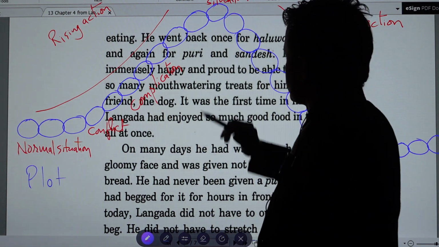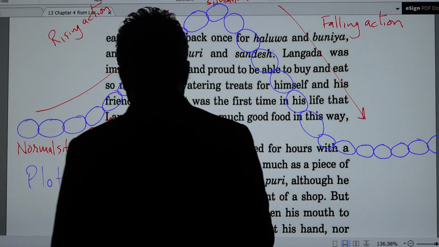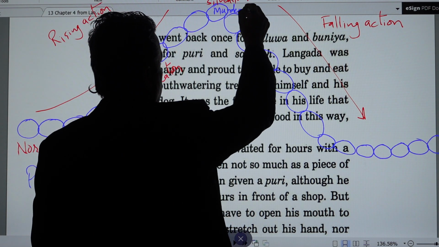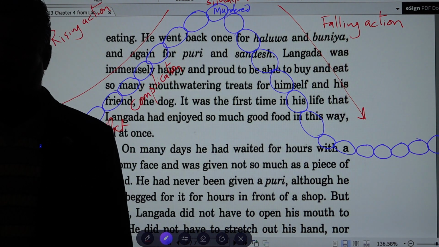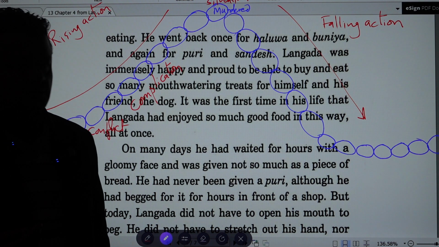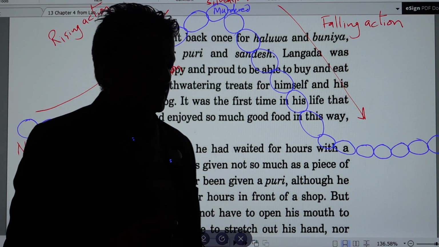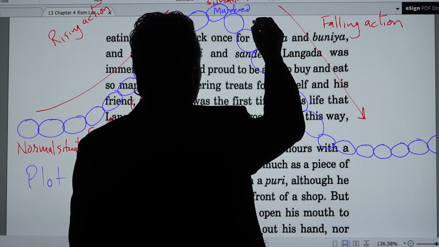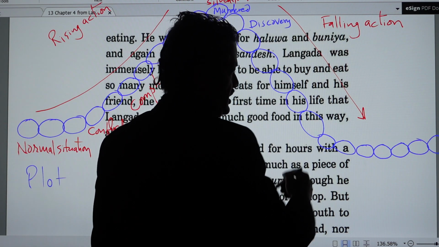And at this point, we have very critical situation. Here, at this point, somebody may be murdered, right? Or something very unexpected may happen if it is a tragedy. Or the most exciting action happens at that point. Then somewhere here, you may have something called discovery, like